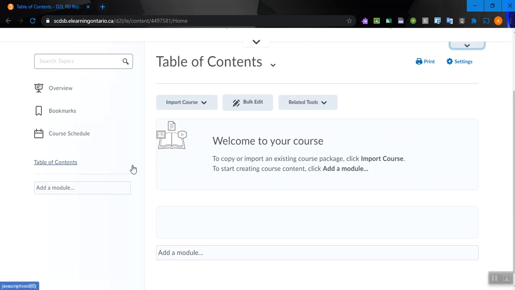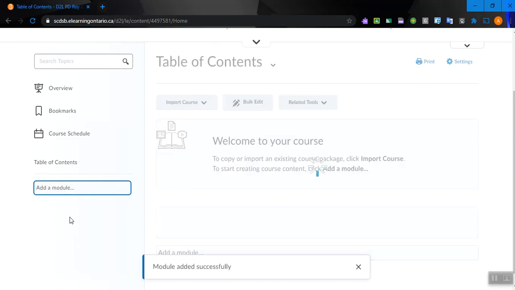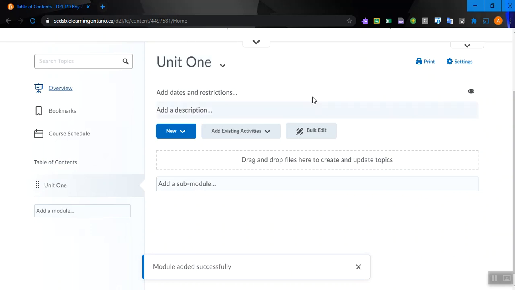So what we can do is, in an online course, units are classified as modules. So if you want to add a new module, you would put the title in here, and I'm going to put Unit 1. Then I just click out of there, and now we have Unit 1 in our content